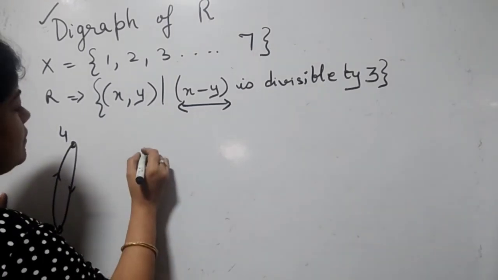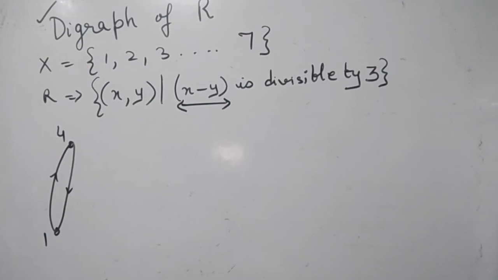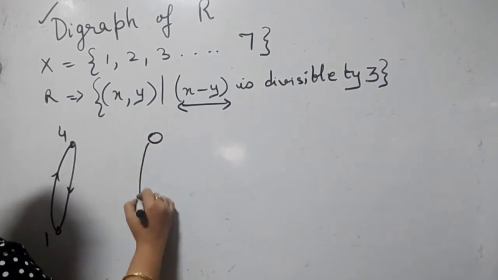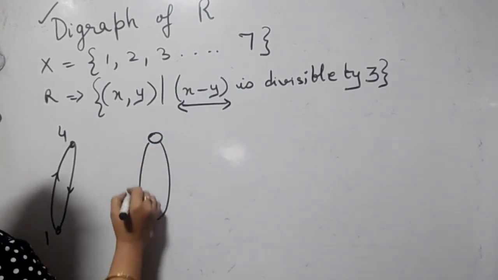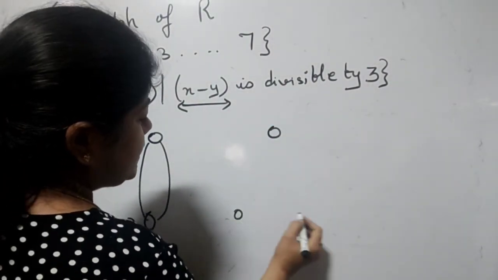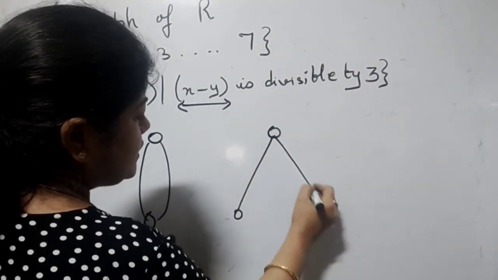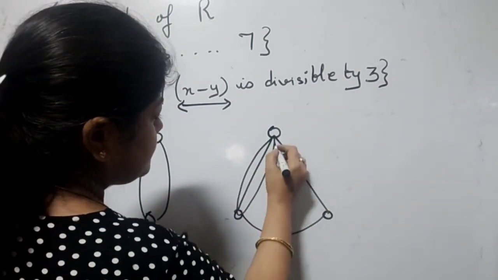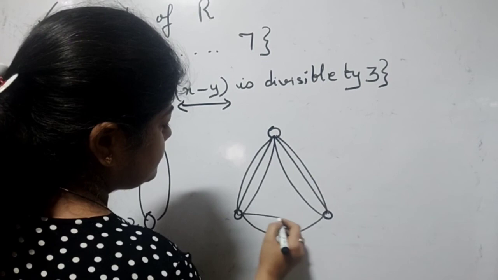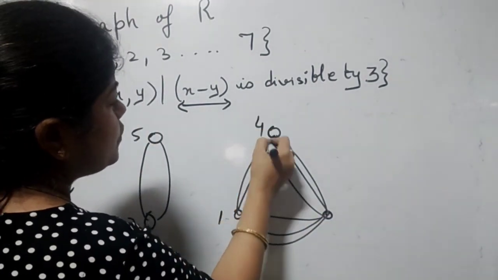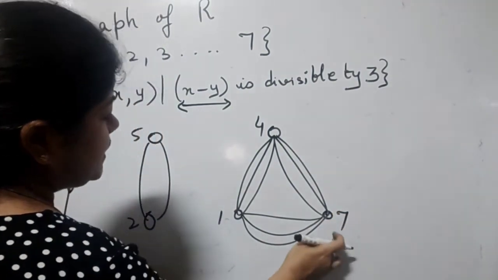Now for the next case, we can draw 2 to 5. Now next one, if we take 3, then what is the relationship between them? We have a relationship, for example, 1 to 4, 4 to 7. But there's a relation